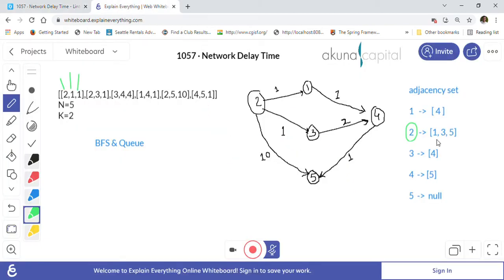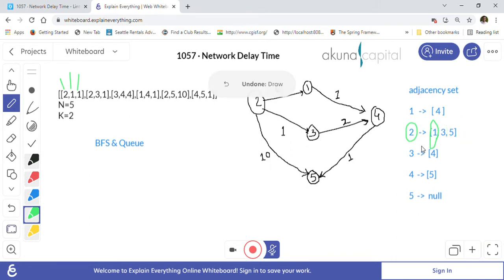This one is a network node class. 2, 1, 1 is there, but for simplicity I just wrote 1, 1, because it's a network node class. Similarly, from 2 to 3, 1, 1. So here also you can say this one is network node 3 and 1, so the destination node is 3 and the distance is 1. Similarly, 5 is the destination node and the distance is 10, as you can see it here. So this is how we first have to prepare the adjacency set.